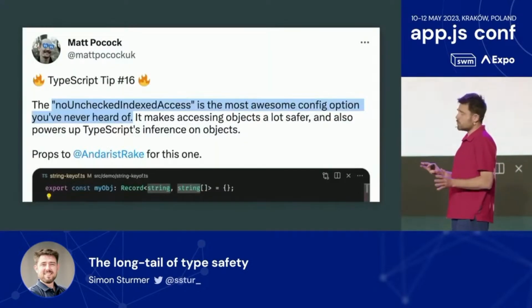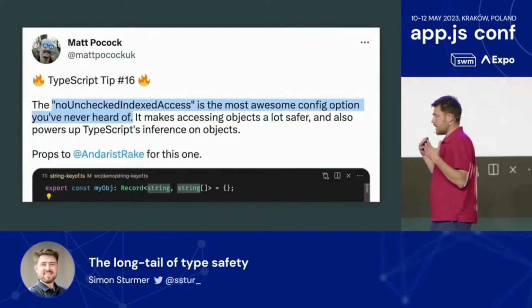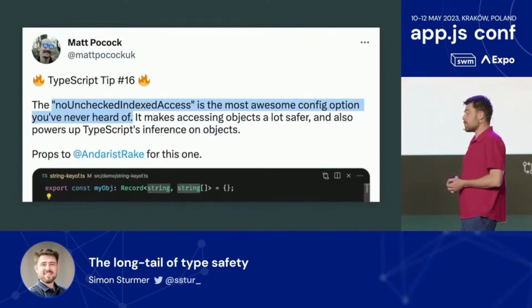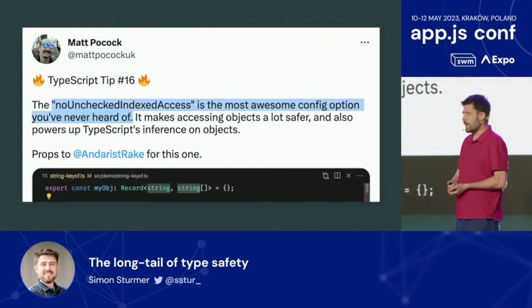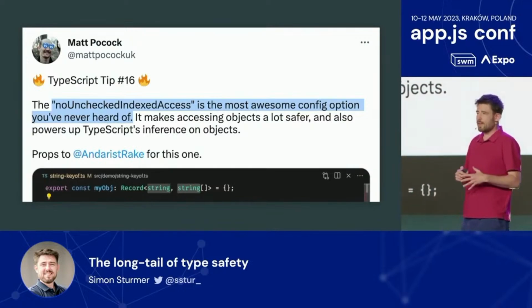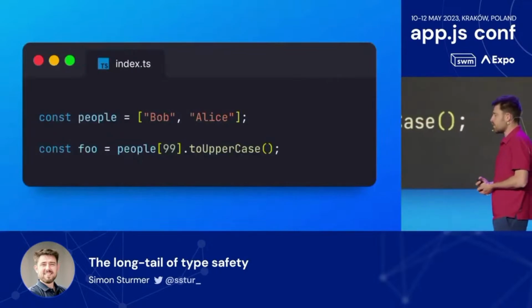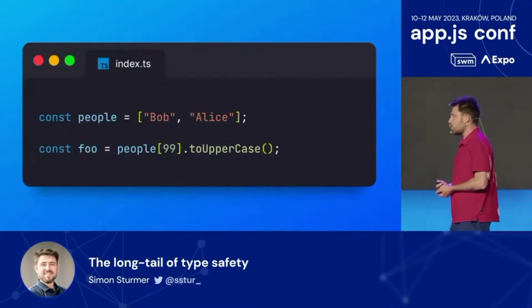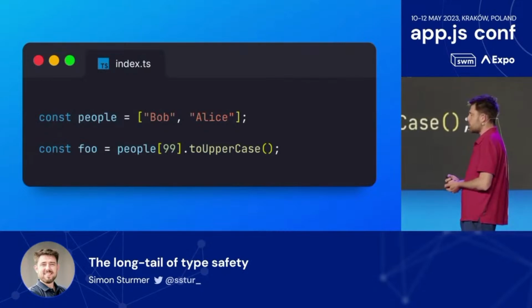And so, to put it in someone else's words, no unchecked index access is the most awesome config option that you've never heard of, right? And it's a little unfortunate that it is very rarely used. It's been around for a few years, but I'll show you an example of what this strictness rule is and maybe why you should turn it on. So